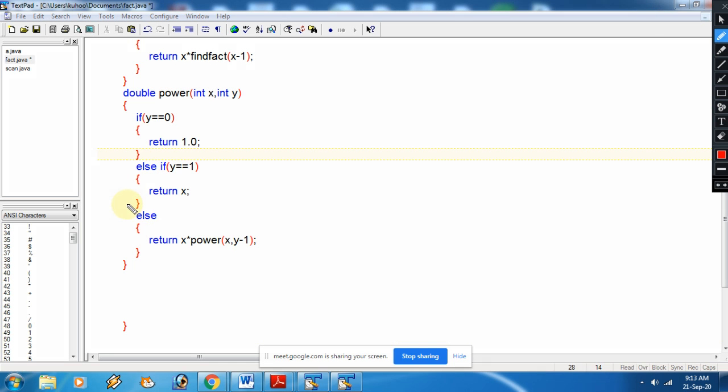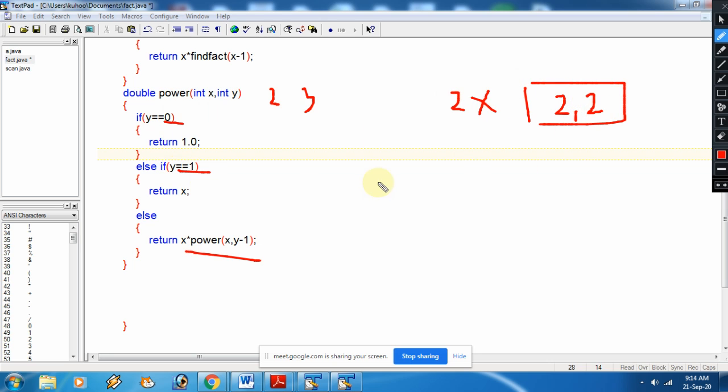So now again see, suppose the numbers you have passed here are 2 and 3. The value of x is 2 and y is 3. So the condition is false, and you come directly here. What we are doing is 2 into, again we are calling here. So that is happening, 2 comma 2. Next time again the condition is false, so again this part will execute.